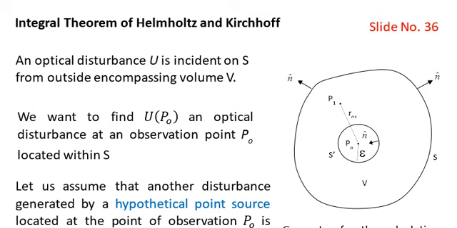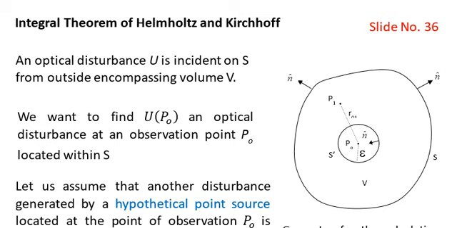We actually want to calculate the field, capital U, which is incident on the surface capital S from outside, and we want to calculate the contribution of that field at the point of observation P naught. And around the P naught we have drawn a sphere of radius epsilon, and the surface of that one is S prime. So S prime is the inner surface of that sphere, and there is another point shown, which is P1, at a distance r01 from the point P naught,